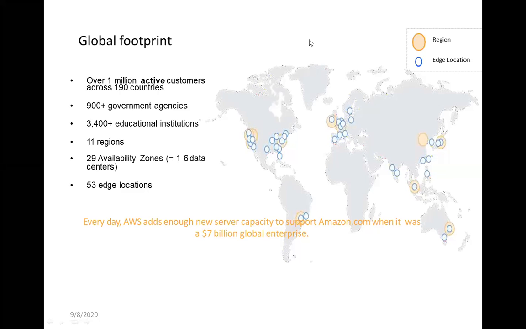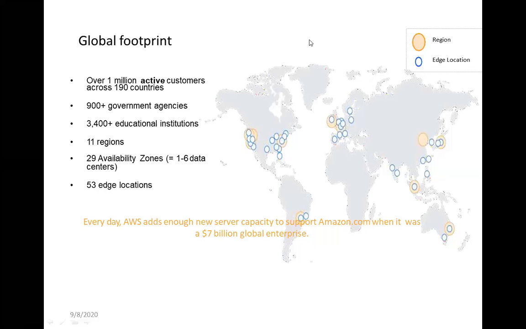So Amazon considers 1 to 6 data centers of their own and 53 edge locations. So you can imagine 1 million active customers are connected with Amazon across the globe. 190 countries are using the services of Amazon, 900 plus government agencies. That means a lot. Every day, AWS adds enough new server capacity to support Amazon.com when it was a $7